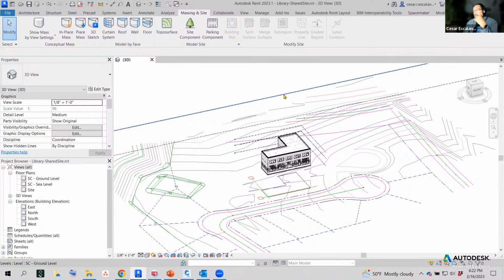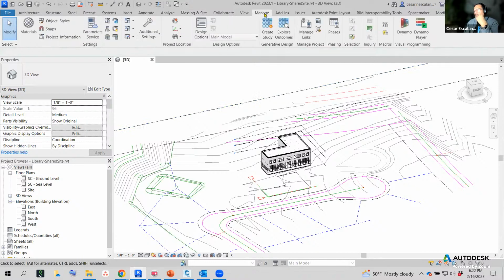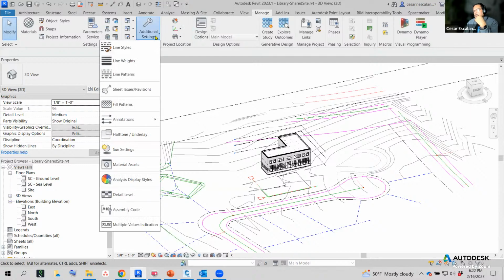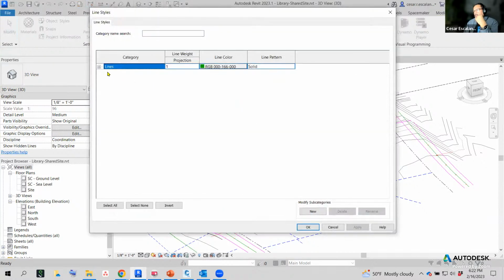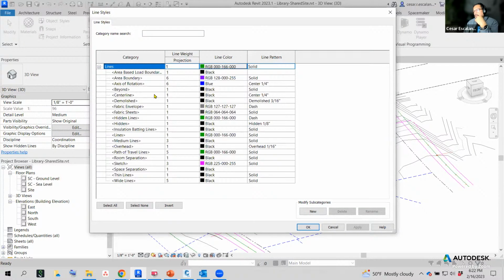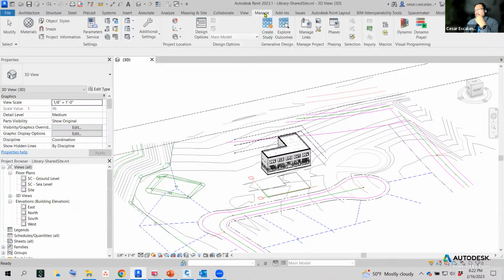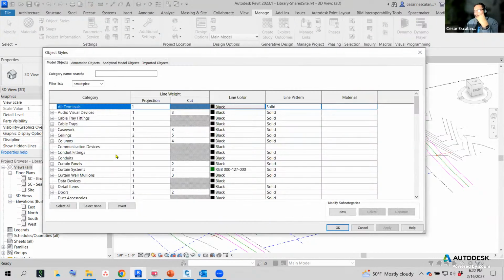To show you where those styles are, I think you go to the Manage tab, Additional Settings, Line Styles. And here, it's not in the line styles. So then it's under Object Styles. So Manage tab, Object Styles, and then go to